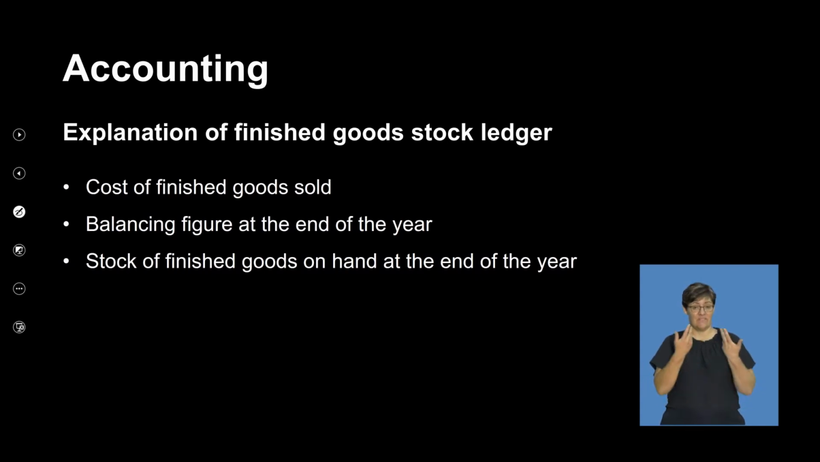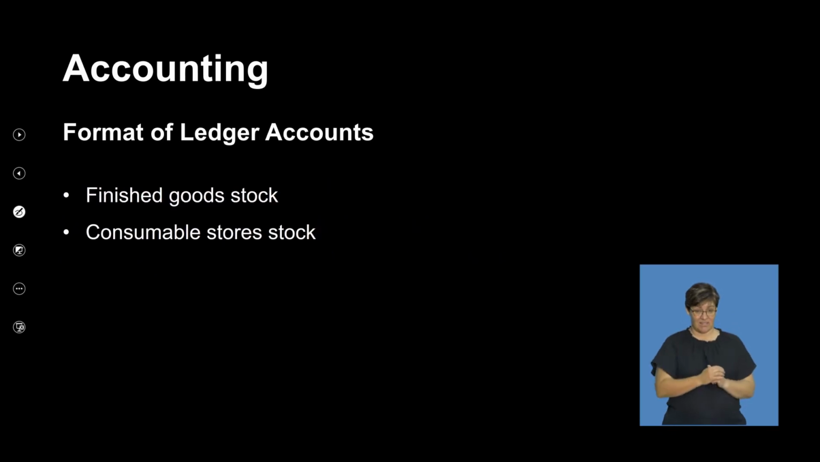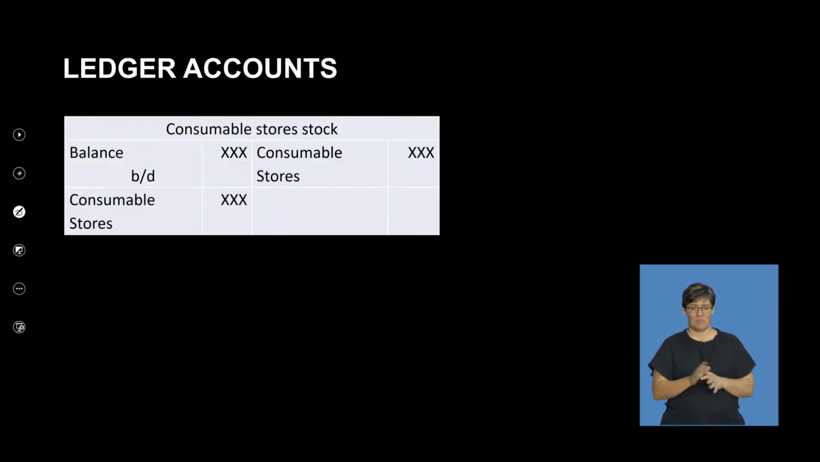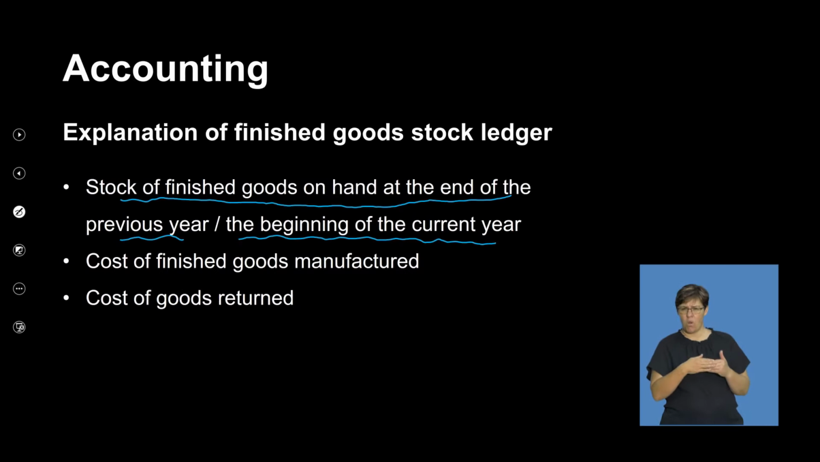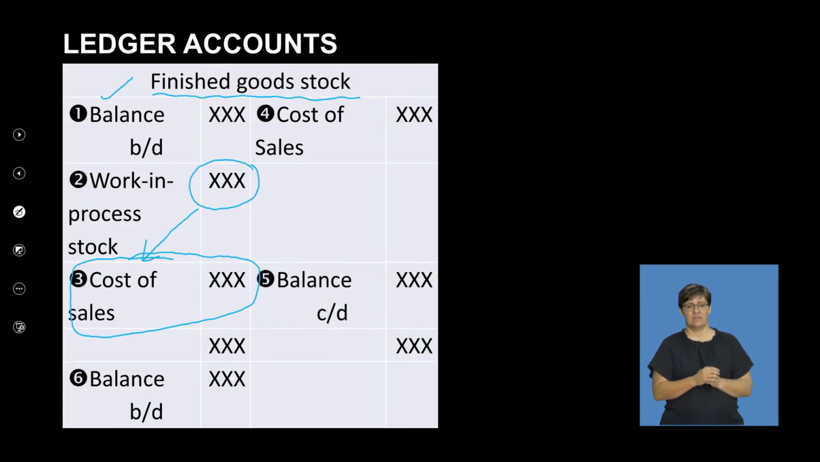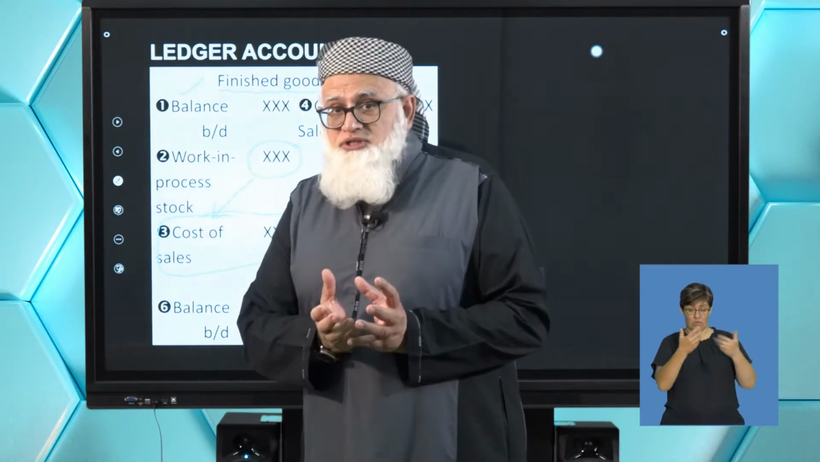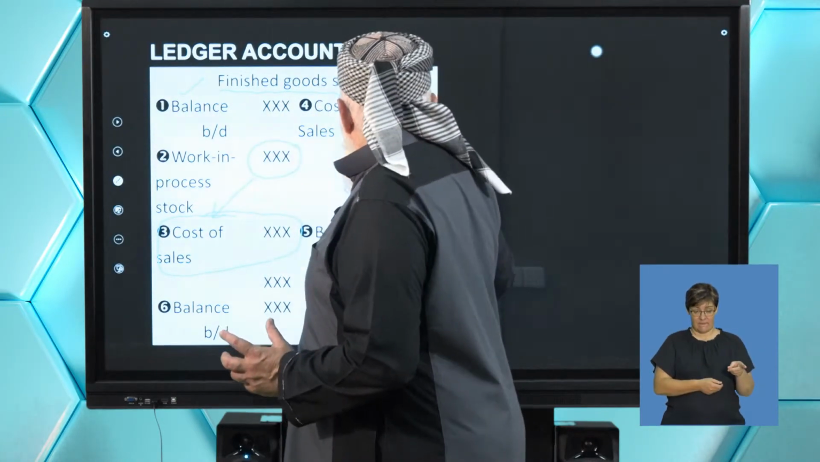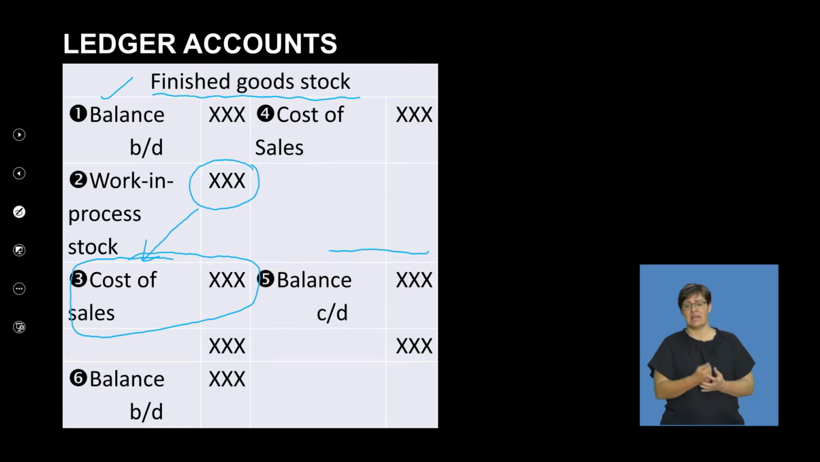We've dealt with that one. Okay, let's just go back here. I just want to do one more thing with you. Right. Then, still with the finished goods stock account, if you are told the value of the finished goods on hand for the current year, I repeat,